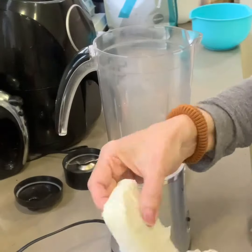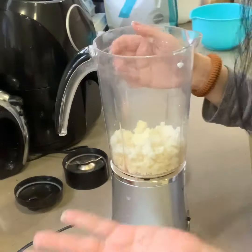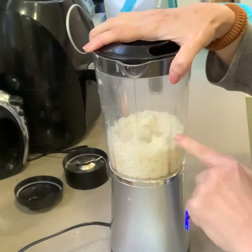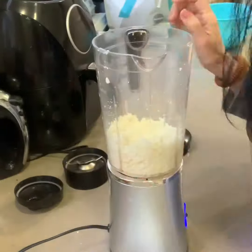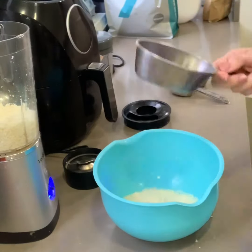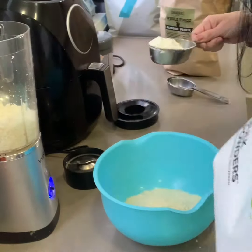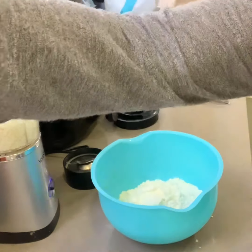So we're standing in my kitchen. Let's get cooking. So let's begin. We begin with 200 grams of paneer chopped up into little bits and put into a blender, and you give it a little mix. It'll become a little granular. Now you take a mixing bowl and you add 1.5 cups of almond flour, half a